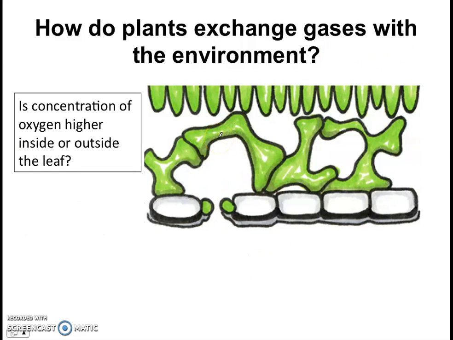Now let's talk about oxygen. So is the concentration of oxygen higher inside or outside the leaf? Think about what the leaf is doing. It's carrying out photosynthesis. And as a result, oxygen is constantly being produced by the cells of the leaf. So this results in a relatively high concentration of oxygen compared to outside the leaf, where the concentration of oxygen is relatively